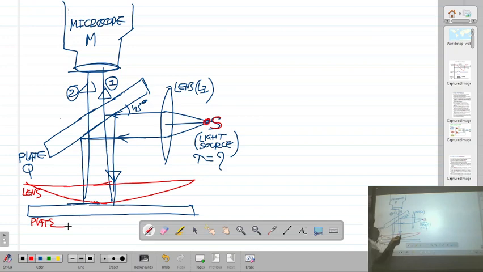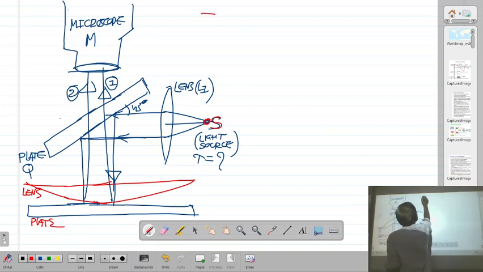Okay, so one ray is reflected from the upper surface of the air film and the second ray is reflected from the lower surface. I have shown the first ray, which is reflected from the upper surface of the air film, and the second ray, which is reflected from the lower surface of the air film. These two rays will interfere and give the Newton's bright and dark rings. So I write the important points of the explanation.